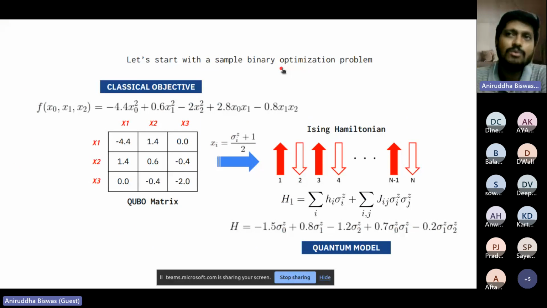So now let's come to a standard problem, right? When we talk about some optimization problem, definitely there is some objective associated with it. Either we want to maximize the objective or we have to minimize it, okay? So let's consider that you have a knapsack problem. There are a couple of items with specific weight and value, and your sack has some capacity in terms of weight. You want to get the maximum value out of it without exceeding the weight limit of your bag. Okay, so that is one kind of problem.